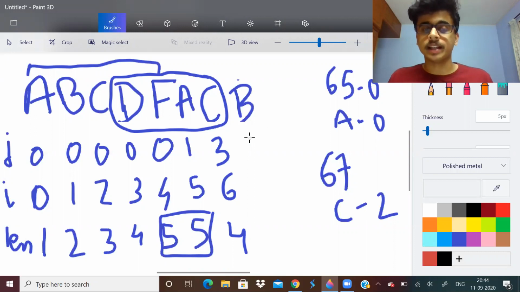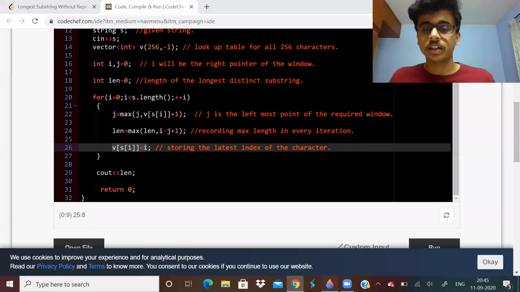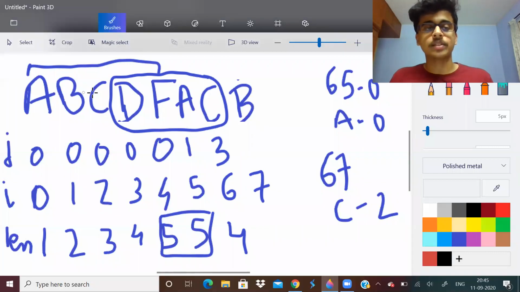Similarly, when B is there, what will happen? i is 7 and v of B is 66. We had already stored that value over here. We continuously store that, right? So we had stored B's value as 1.